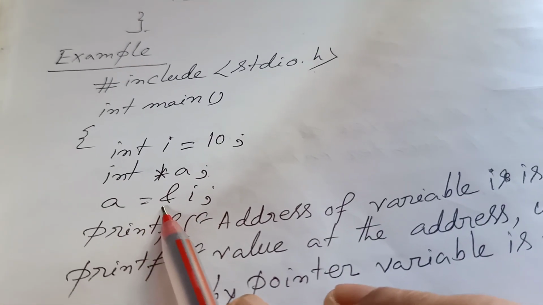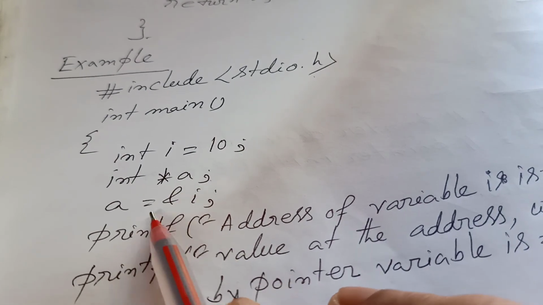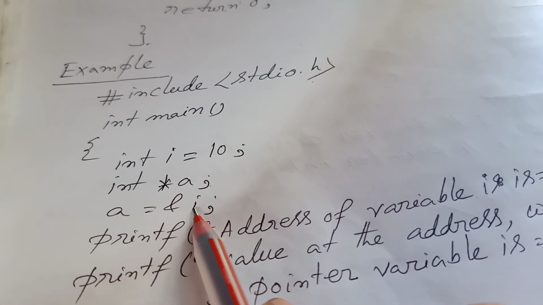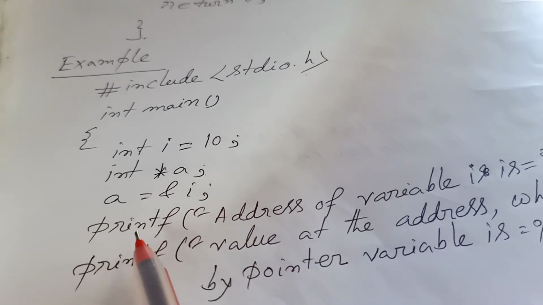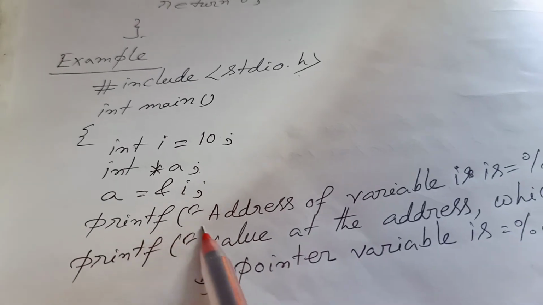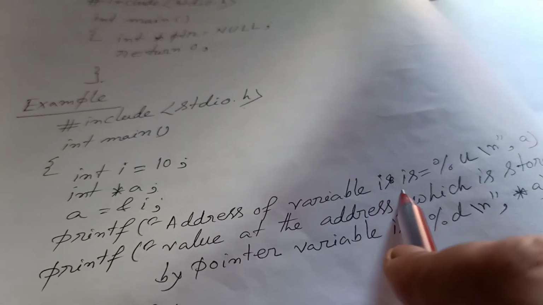Now a = &i. This shows the pointer variable a holds the address value of i. Now let's display those values. printf address of variable i is